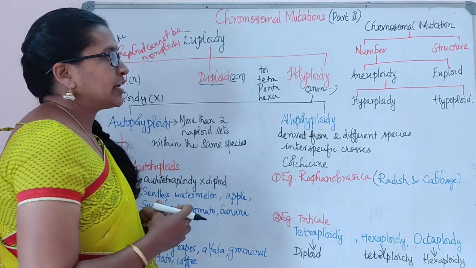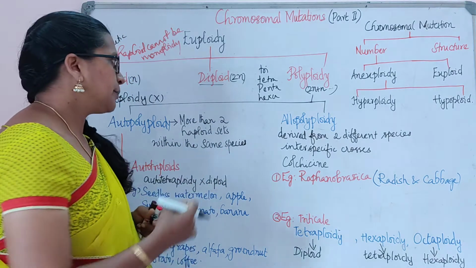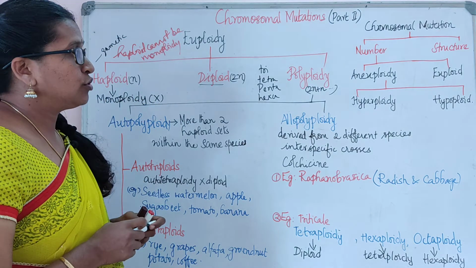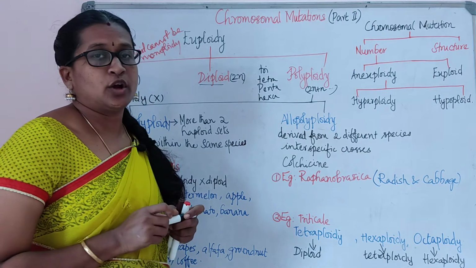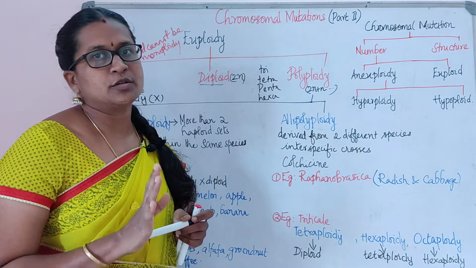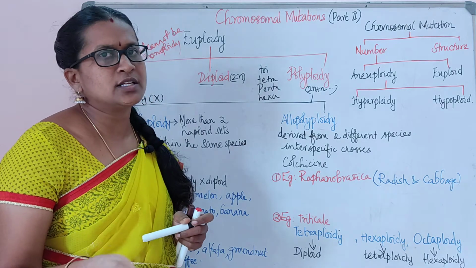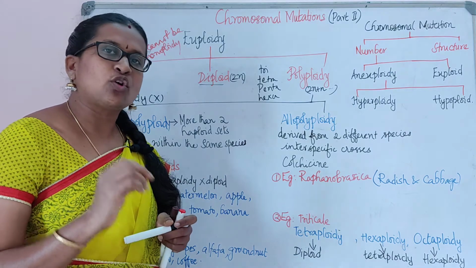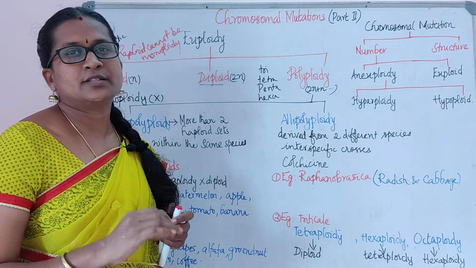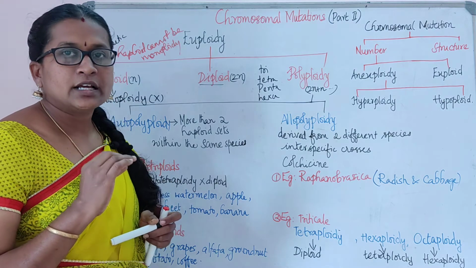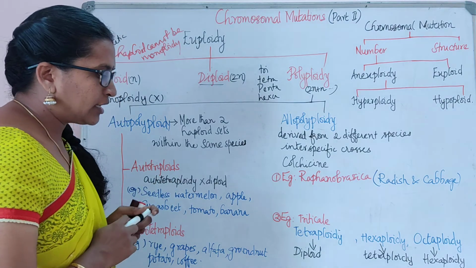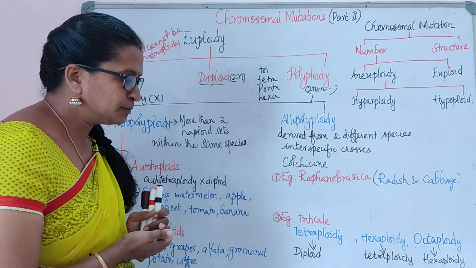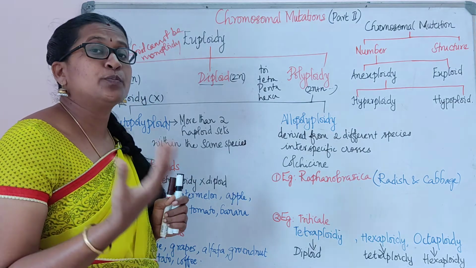It is very helpful. What? Tri, tetra, penta, hexa, etc. We have so many ploidies. And one more thing is, these polyploidies we commonly come across in plants, naturally as well as man-made. Induced polyploidy is common in plants, but it is very rare in animals. Okay, and another thing is, this polyploidy leads to the origin of new plant species.